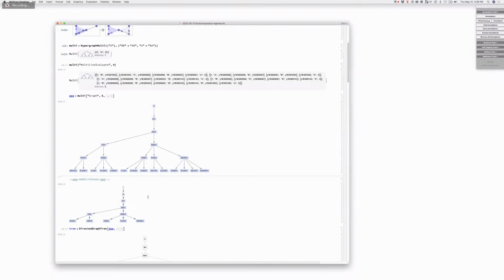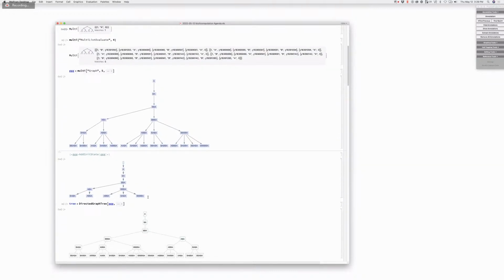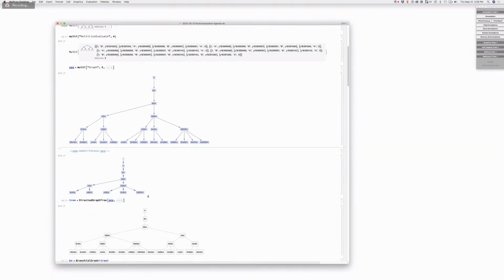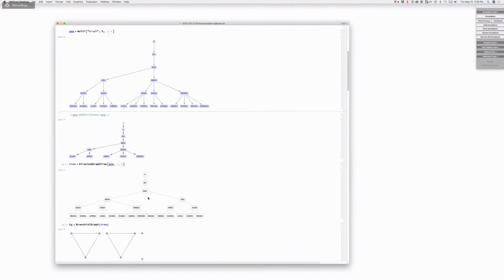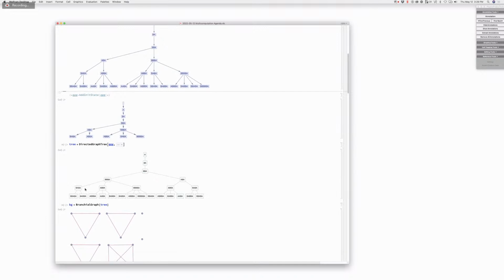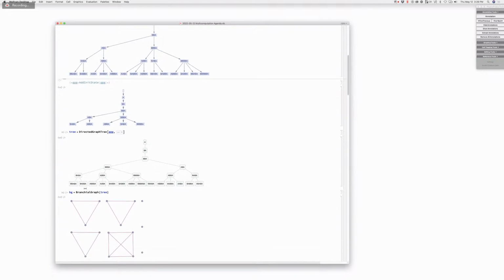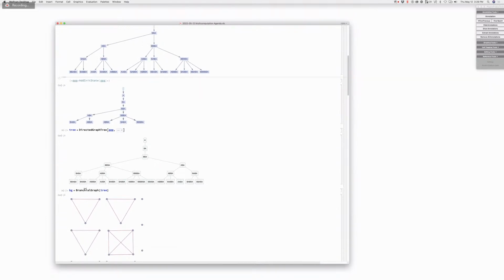So the graph just acts as a data structure of evolution. You can turn it into a tree if you want, and all other notions of graph that we have can be computed from those graphs or trees. The branchial graph is another perspective of it. Instead of looking at just ancestral connections between states, you pick any children and turn them into a complete graph, right? I didn't understand that part.